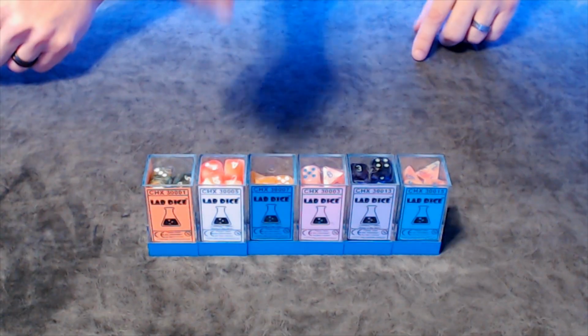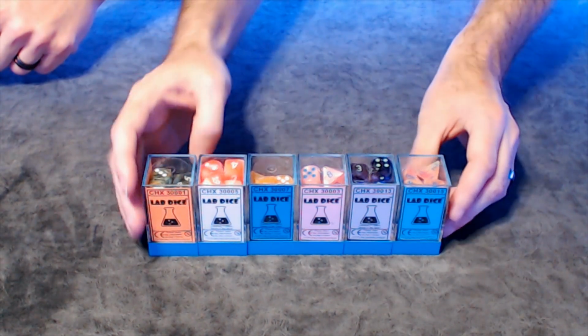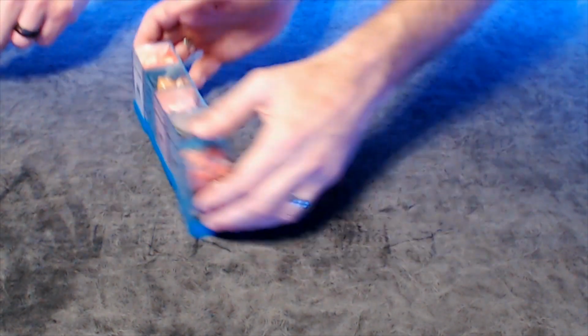After that experiment, Chessex decided to do an actual retail release of their experimental dice colors and styles. A retail price of $11.99. Which is fair. Yeah, it's a fair price. 6 sets. We're going to break them down one by one. First, we got